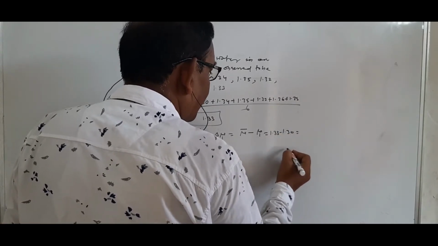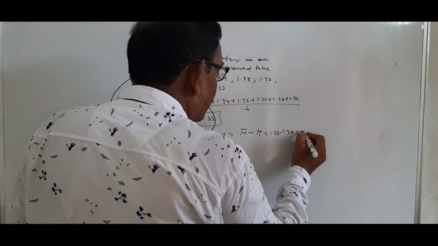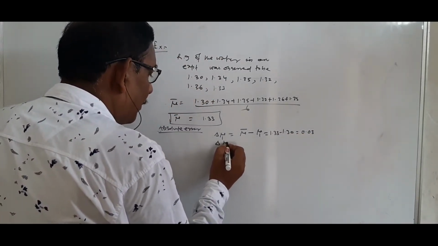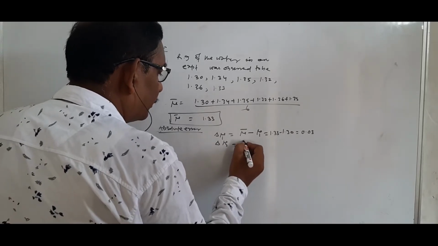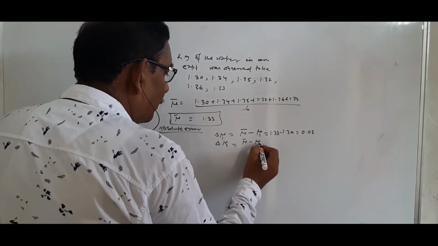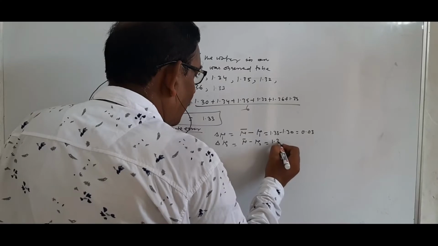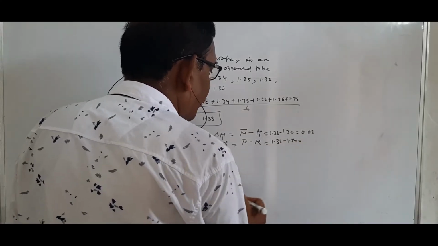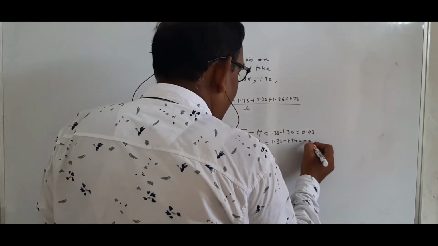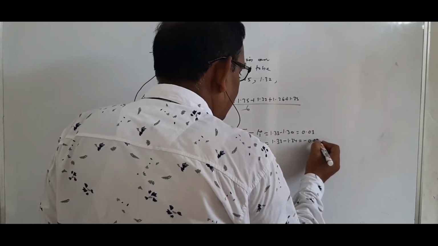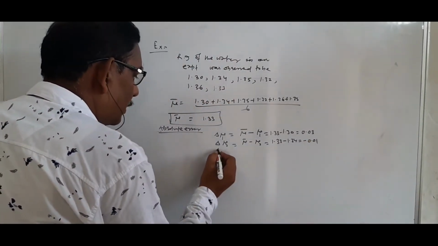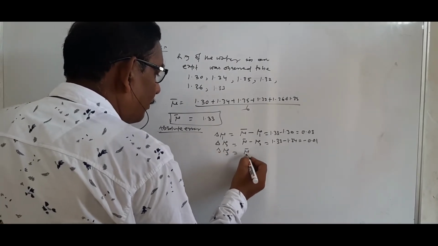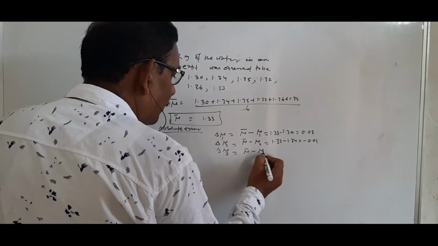This value becomes 0.03. Delta mu 2, mu bar minus mu 2, 1.33 minus 1.34, that is minus 0.01. Delta mu 3, mu bar minus mu 3,